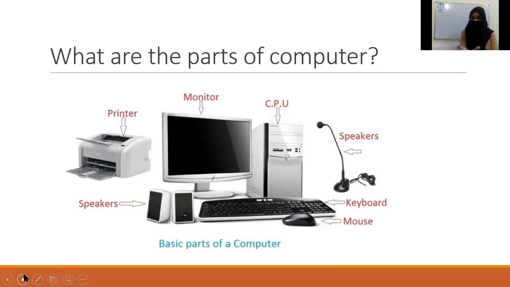Then there is the CPU, the microprocessor, which is very important, right? Without the processing unit you cannot work. Then there is the speaker. Let's say now I'm talking to you, so I need a speaker for that, right? If there is no speaker, if I were saying something and you cannot listen to it, what would be the purpose of that? Similarly, when I say something, you want to listen to it, so there is a need for a speaker as well, right? So the speaker is a very basic thing.